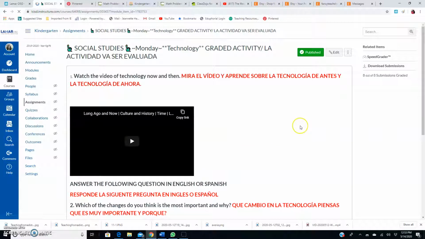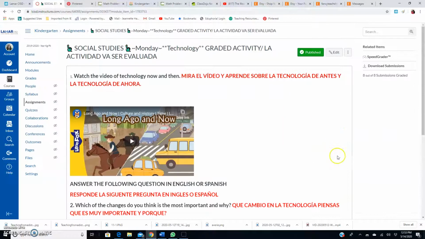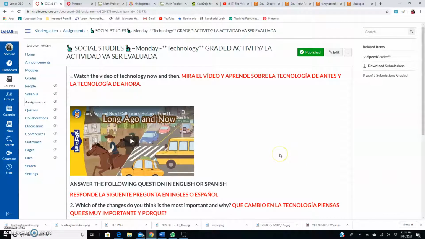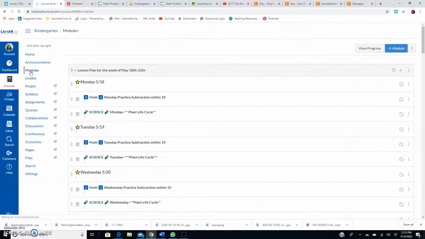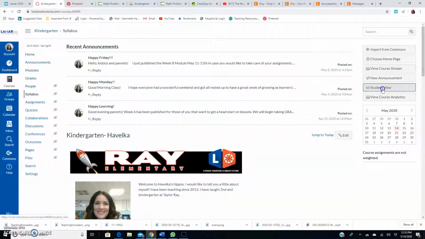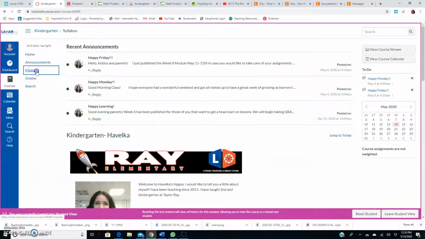So here, you would just go to, let me go to student view because mine is under teacher view and then it won't show you how to submit. Okay, so here in student view, you want to go into modules